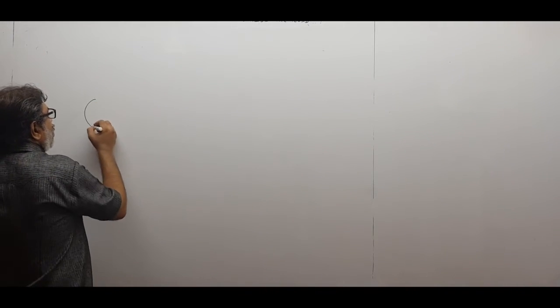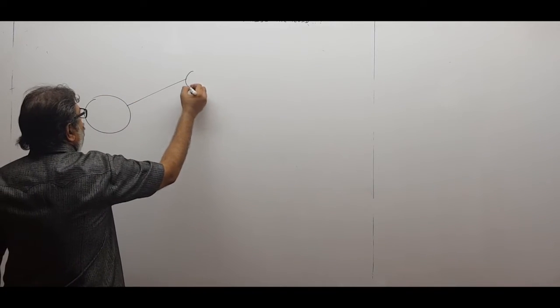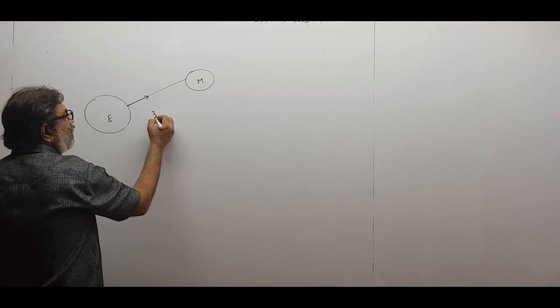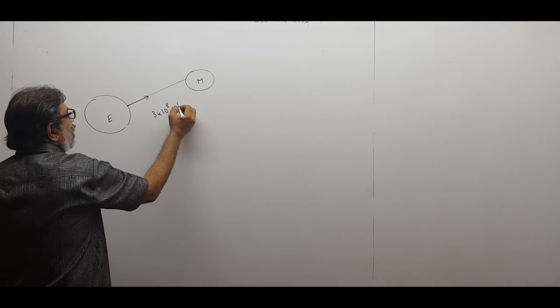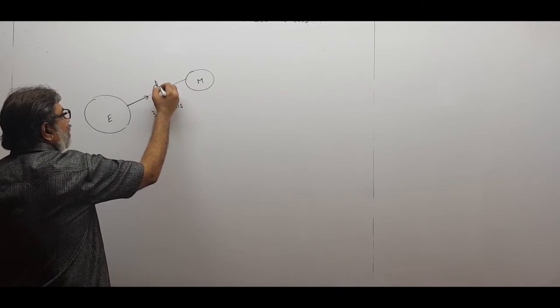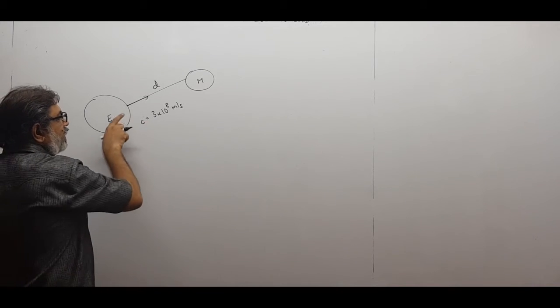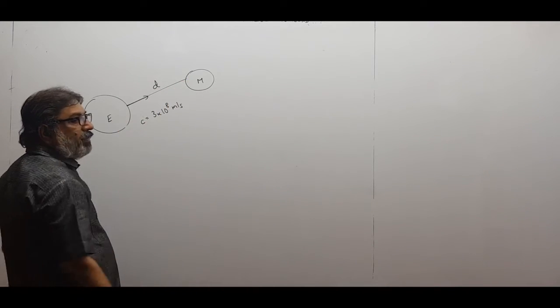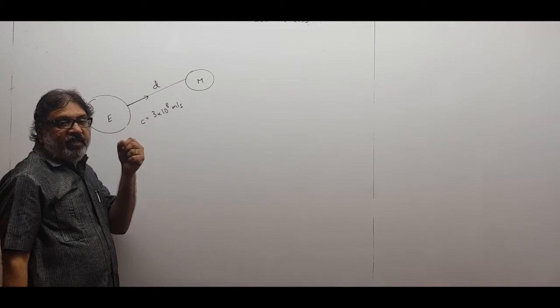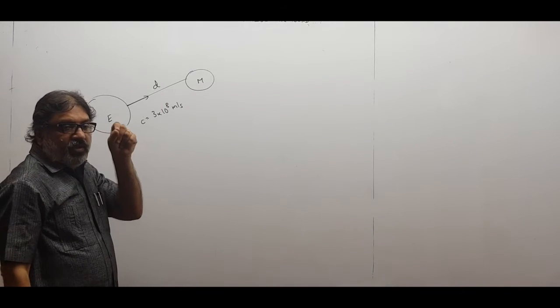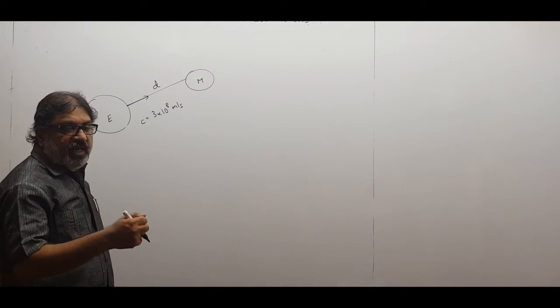So children, if you want to measure the distance of the moon from earth, what we do is we send a laser signal from here to the moon. This is earth and this is moon. One laser light will go like this, traveling at a speed of 3 into 10 raised to 8 meter per second, which we call c. If d is the distance, we first send a ray and it will be reflected from the moon. It will come back to us. We will see the time delay between when we send the signal and when it came back. We will note that time. We send a signal and we start counting the time.